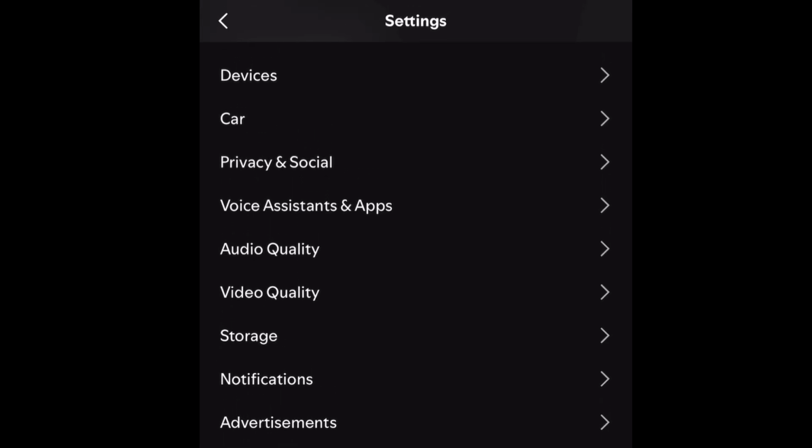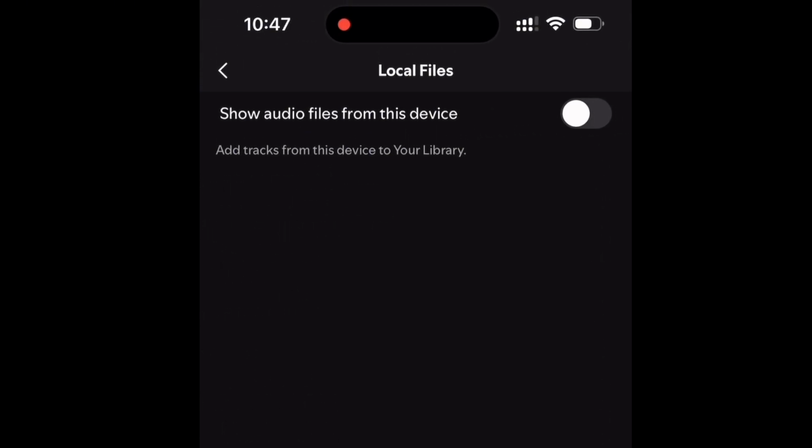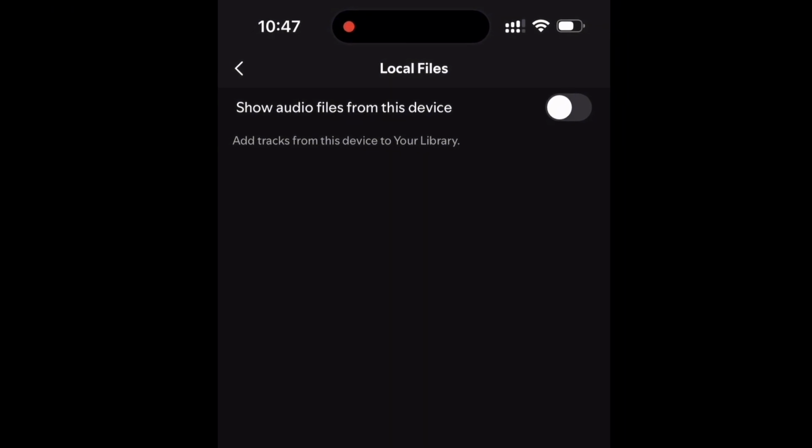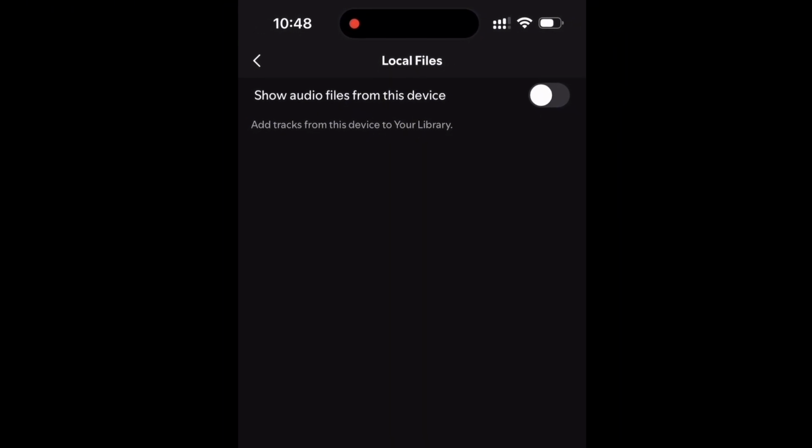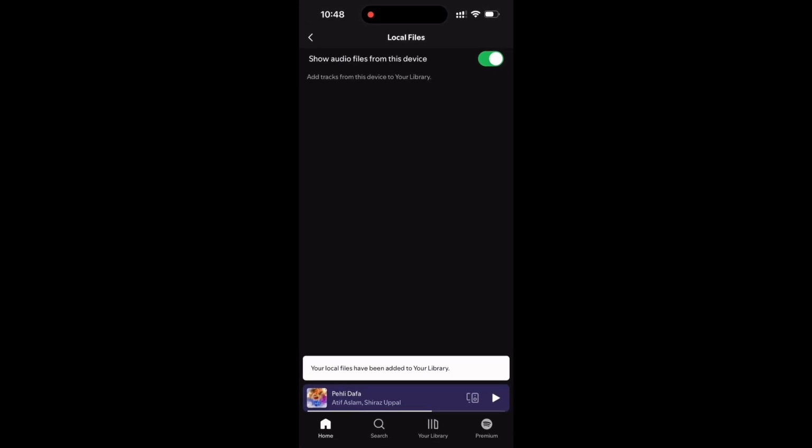Just click on it. And after that, you have to enable this option named Show audio files from this device. Just enable it, and after enabling it, you can see your local files have been added to your library. So it's easy and that's how you can easily add your local files to Spotify